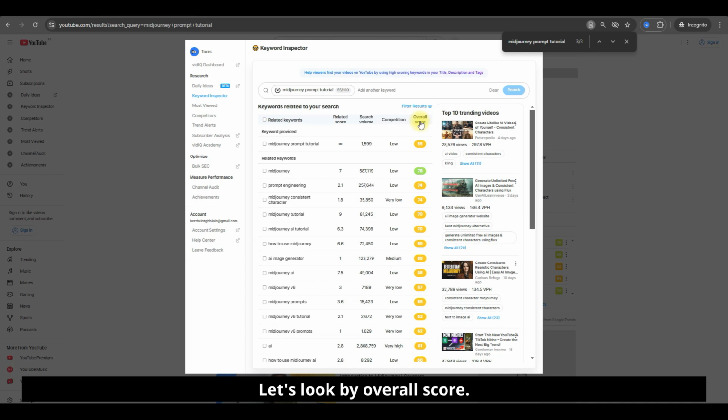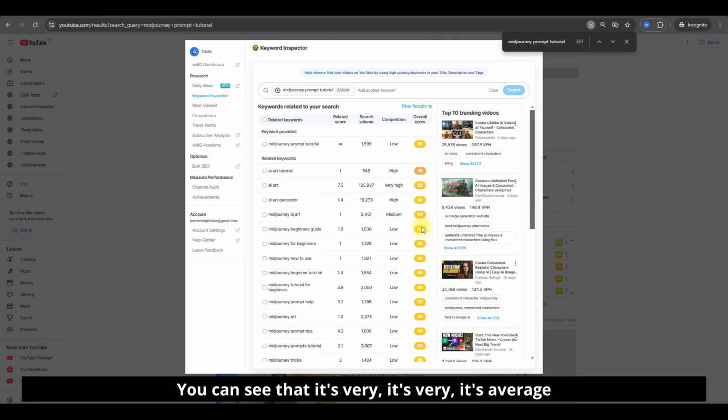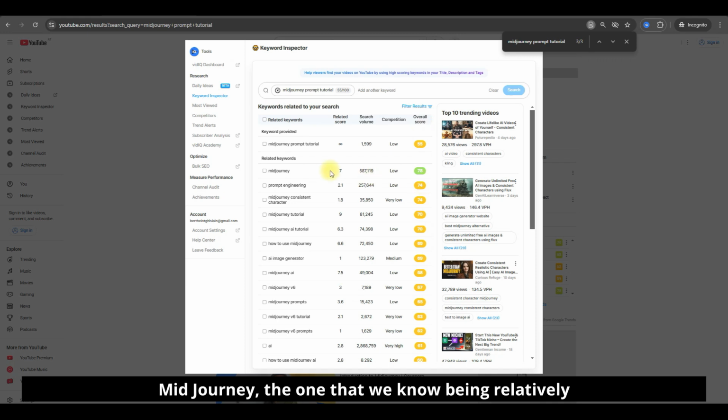Let's look by overall score. You can see that it's average competition. Midjourney, the one that we know, has a relatively high overall score, because it's an open-ended question. Give me everything about Midjourney. But if you look at Midjourney prompt tutorial,